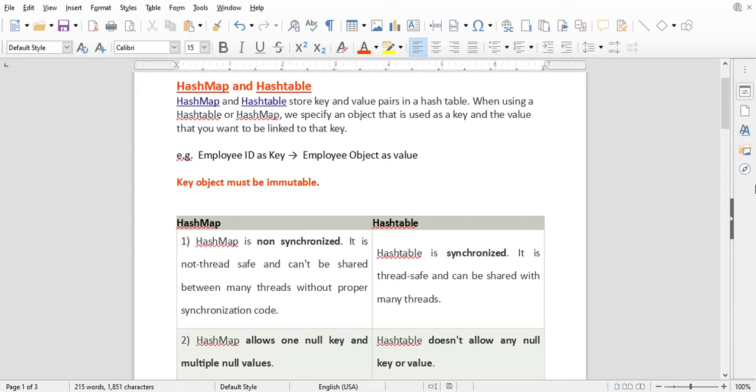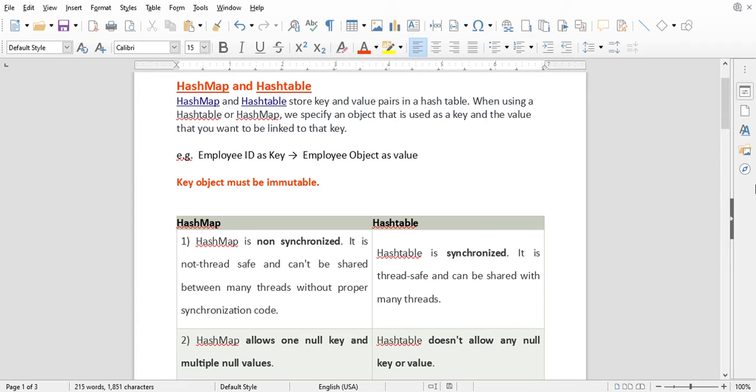Means we want very fast retrievals. Then HashMap is very handy. For example, you have 50,000 employees and you want to store them in a HashMap. The key will be the employee ID and the corresponding value will be the employee object. Then you want to retrieve any random employee within constant time. In that case HashMap is very useful because it's a very fast retrieval, just O(1), right? The big O notation for the retrieval.